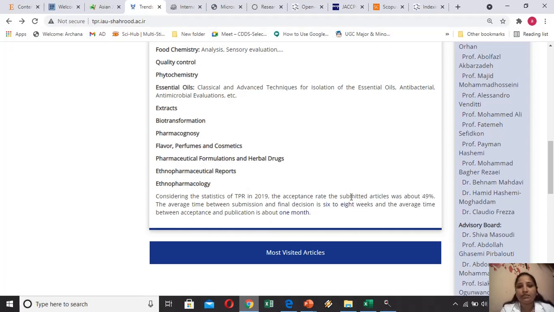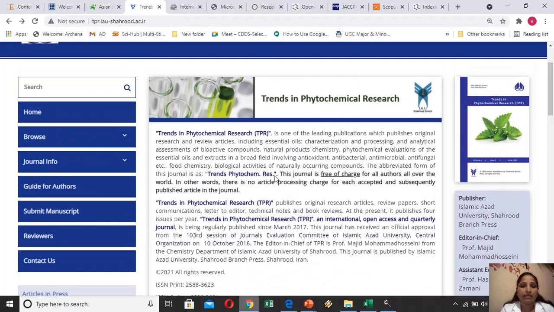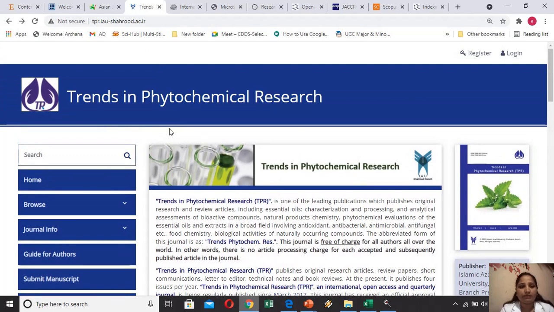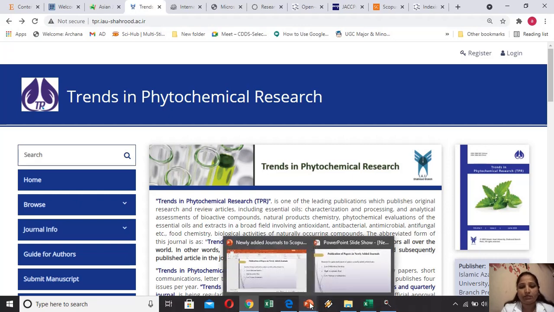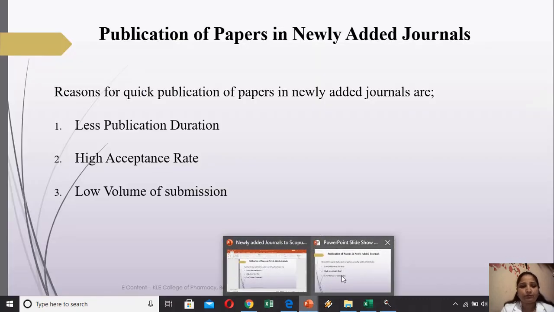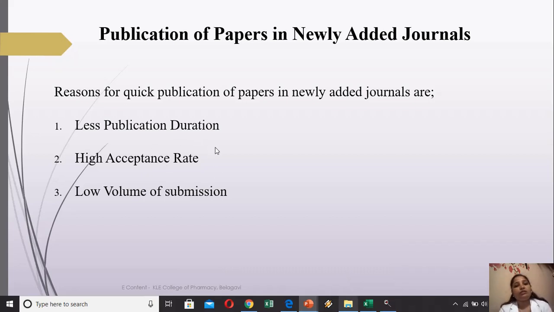So the acceptance rate of the submitted articles was about 49%. So it is very high. Journals will be mentioning their acceptance rate and their response time also. For this reason the acceptance rate will be high.